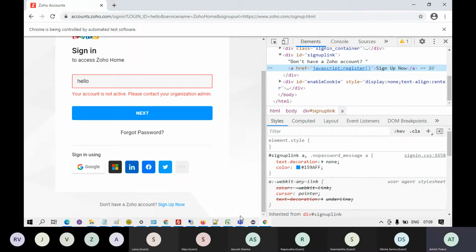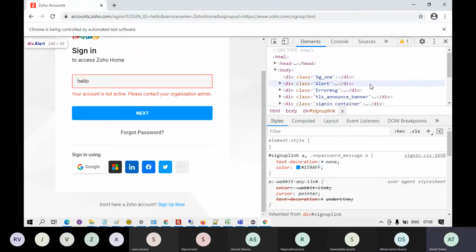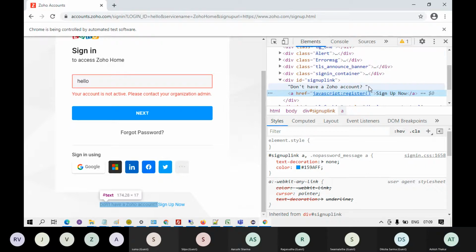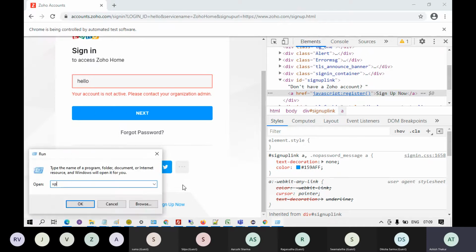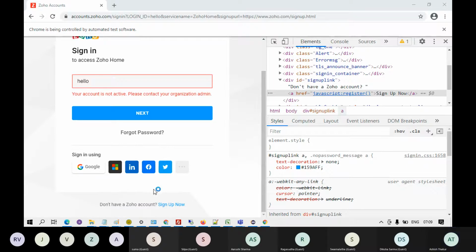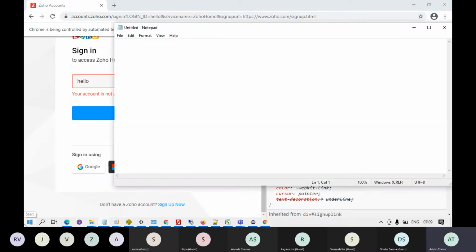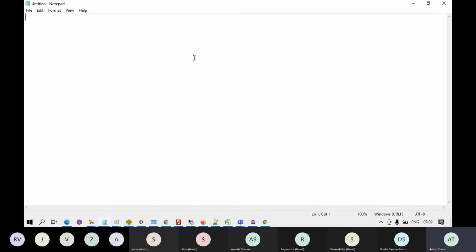Okay, to do that, we use the concept of XPaths. Now if I talk about XPaths, then broadly, what is an XPath? XPath is like the address of the element on the web page, right? XPath is something which helps you to find the element.